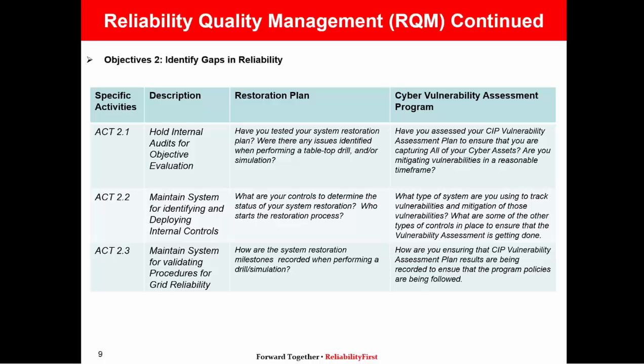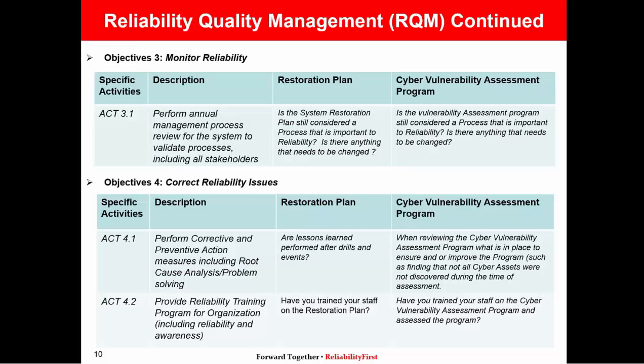Objective 3 is monitoring reliability. So 3.1 is perform annual management process review for the system to validate processes including all stakeholders. So this is to ensure that the program is working effectively and that it's providing the needed output for stakeholders within the organization. So in essence, your cyber vulnerability assessment program would essentially be there to ensure that systems are